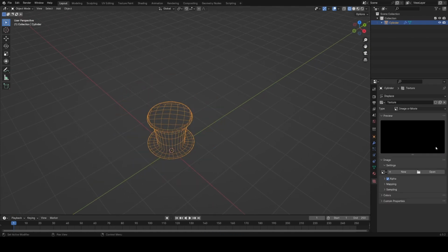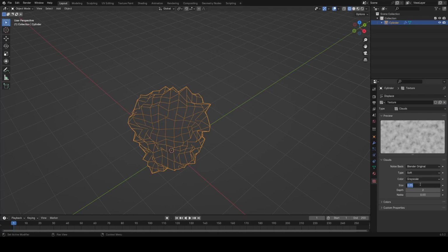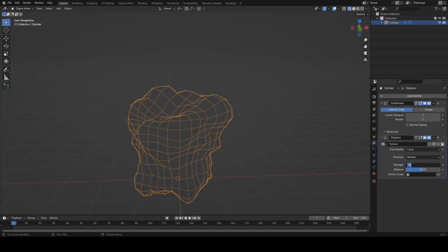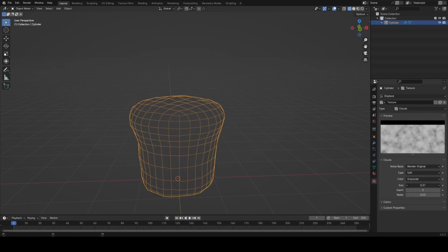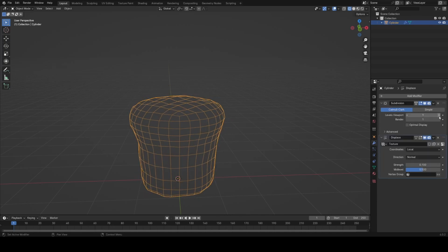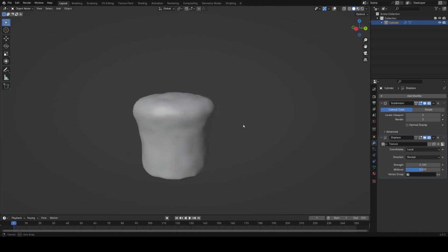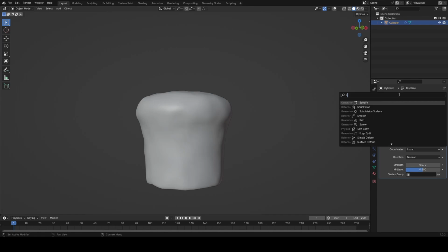So to do this, I'm going to use a displacement modifier with a clouds texture and tweak the scale of the texture to be something quite fine, and then just turn the strength way down. You could play with the level of subdivisions, see what gives you the best result for your displacement, but I wouldn't recommend going too high at this stage. And then I'm just going to add a subdivision surface modifier after this, just to smooth out that displacement as